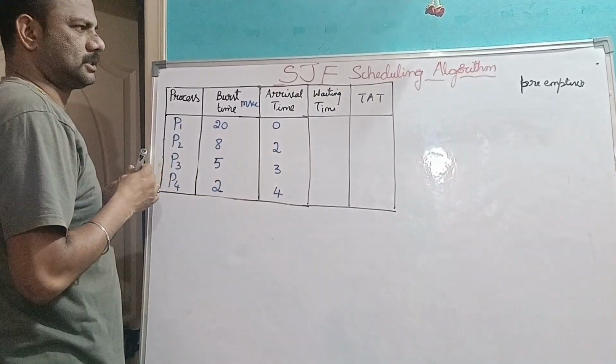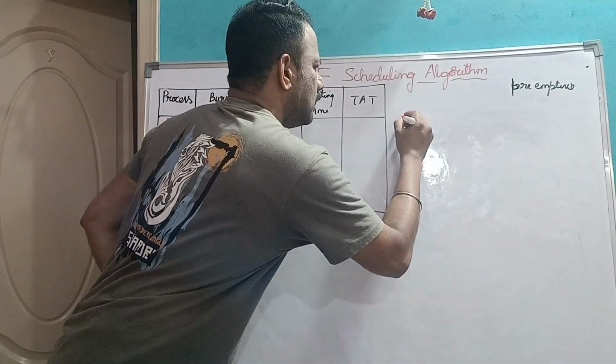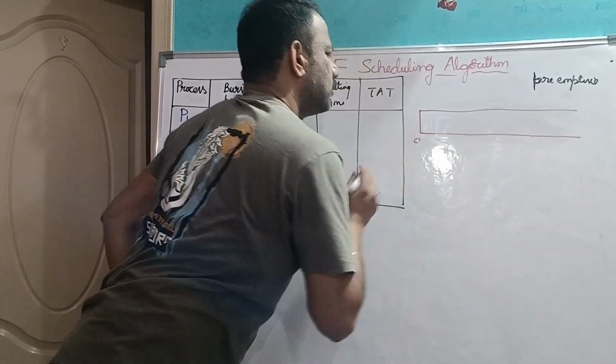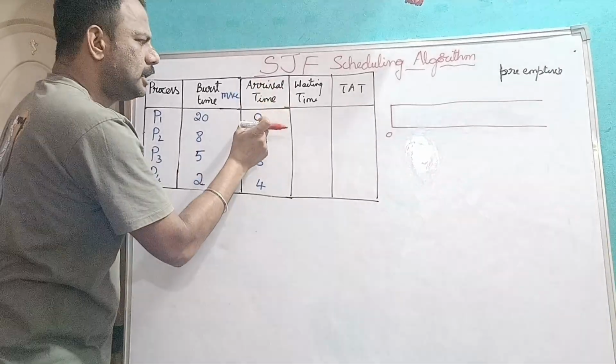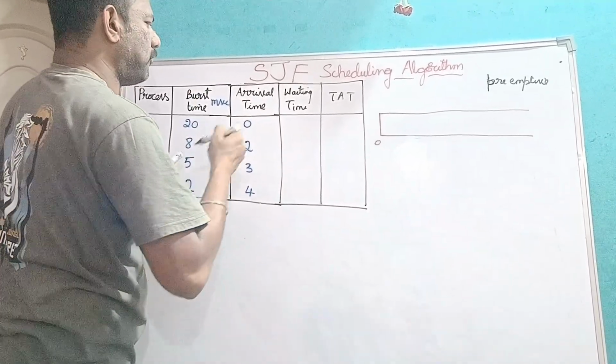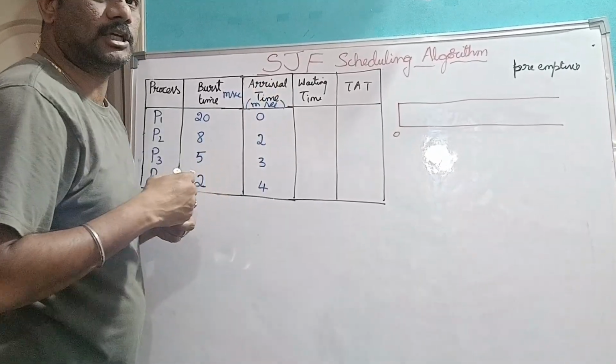Now let us write the Gantt chart for this. So now, the Gantt chart, I will start with 0. Now at the 0th time, always I will take in terms of milliseconds. Okay, milliseconds. So at the 0th